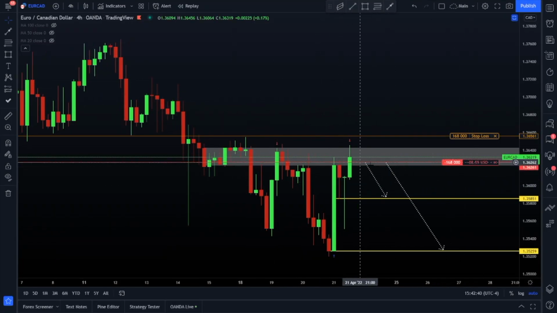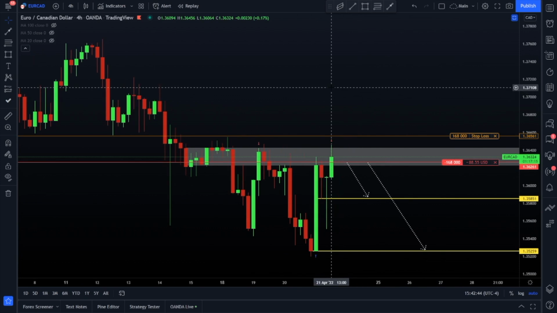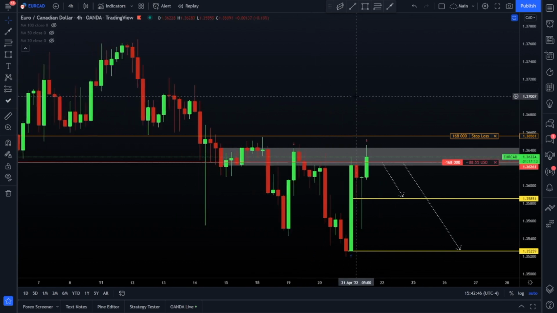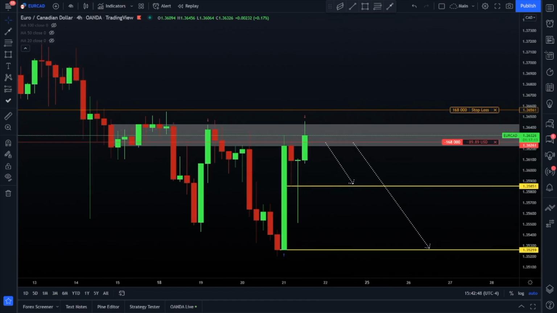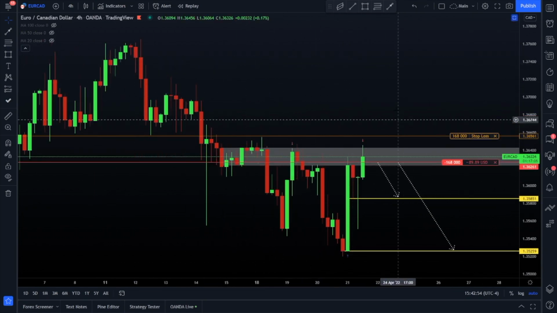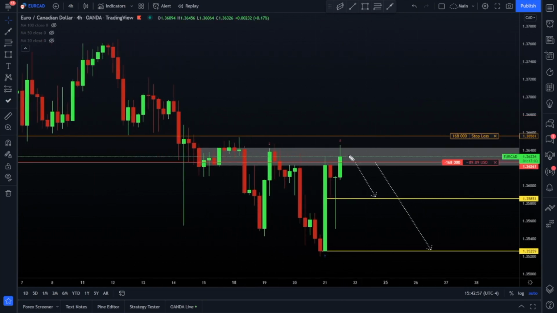I'm down 80 bucks. So I've entered here with 168,000 units, meaning 1.68 lots. And from here, the goal is to see if we can get a rollover effect at this level of resistance. So technically, I'm looking for a continuation of this downward trend. And if not, we'll stop out here for a $400 loss. And potentially, if this thing makes a rollover effect, we're looking at a couple $100 profit at least,